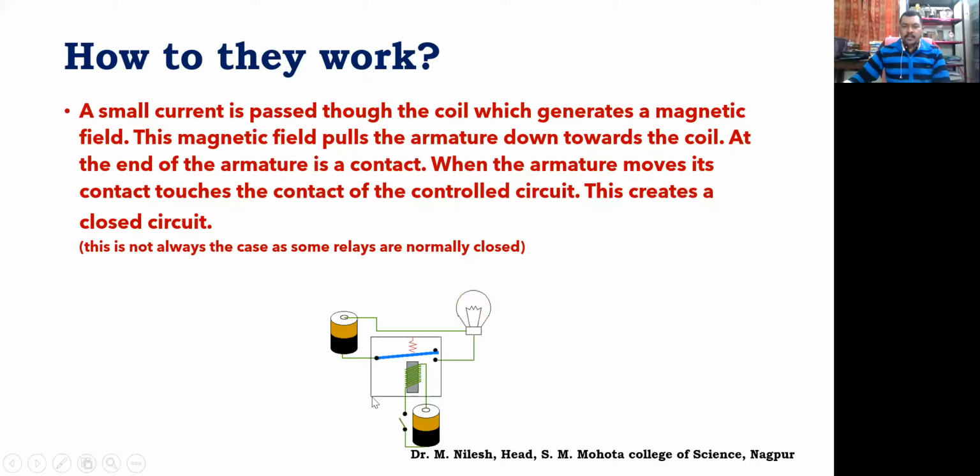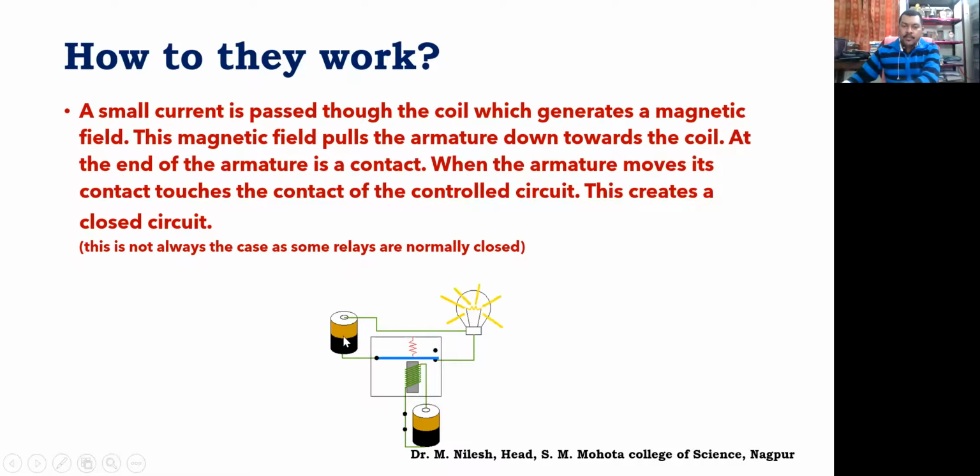So this is a DC voltage. You are able to see this is a battery which is connected to a coil. Now this gray portion is an iron piece, and when the switch is on, current flows through this coil, and this becomes a magnet, right? And as soon as this becomes a magnet, this switch is attracted towards this position, which is normally open, and it closes the circuit, and then only the light is on, right? So light glows over there.